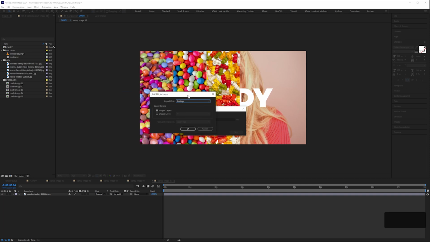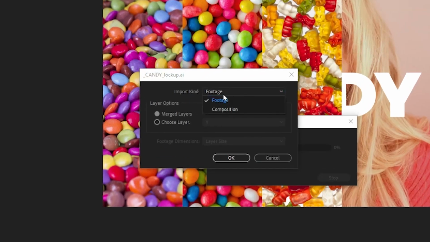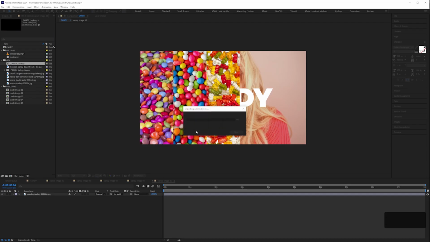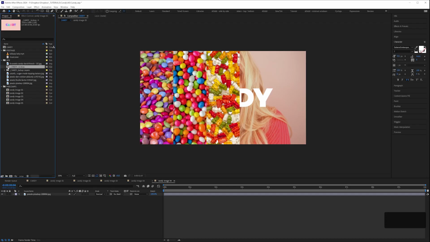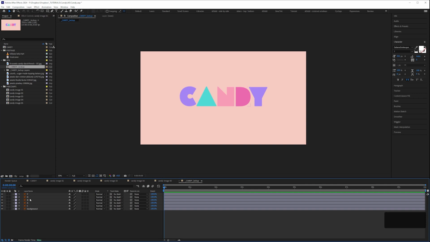And here we've got a similar pop-up window. It gives us the choice of footage or composition. Again, we want composition. And again, in this drop down, document size means all the boundaries of every layer will be the document size, 1920 by 1080. So you want layer size. Click OK, and then if we double click on that comp, we have exactly the same,